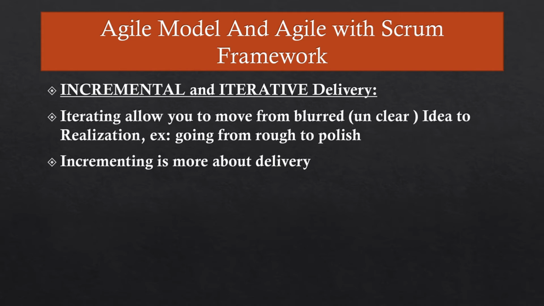Once we develop a module, for example the login module, we deliver it to the customer, and based upon his feedback we take up the remaining modules. So that is the iteration approach. If any changes need to be made, we can make them during the iteration only. Let me show you what the agile scrum framework looks like,